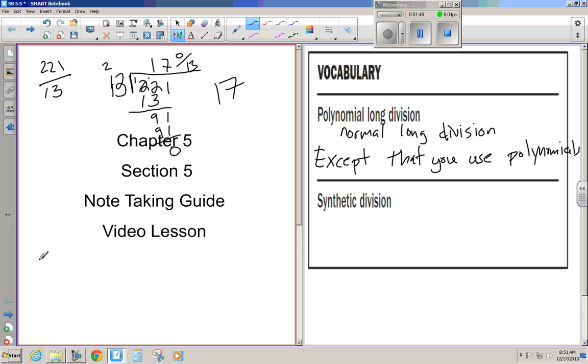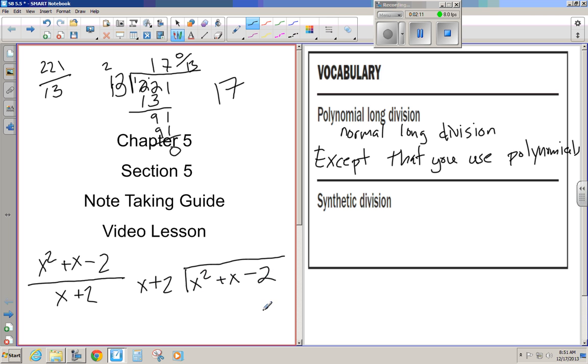But now you're going to do it with something like x squared plus x minus 2, and you're going to divide by x plus 2. All right? And so you set it up exactly the same way. The x plus 2 goes on the outside. X squared plus x minus 2 goes on the inside. So as long as you remember the basic process of this, the only thing you now have to remember is that